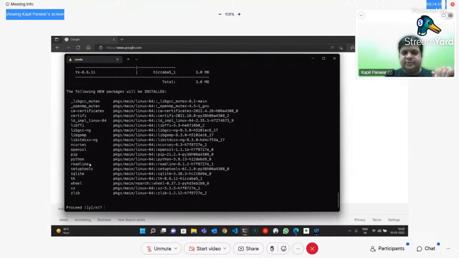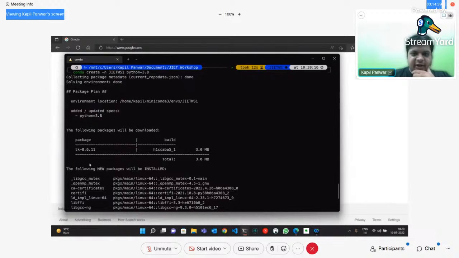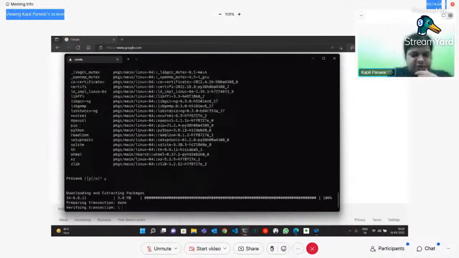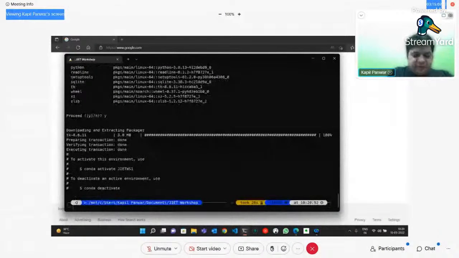Okay. So while I'm doing this, I'll show you this also. I'm just creating a new environment in Python using conda. It's very simple: conda create -n, where n denotes the name. I'm using the name J workshop one, and I'm using Python 3.8. The moment you hit enter, it will ask you to install all the basic libraries of Python. Once it's done, you can just use conda activate